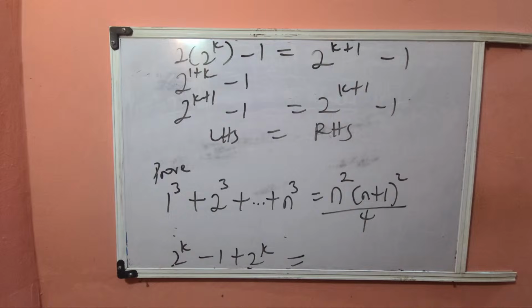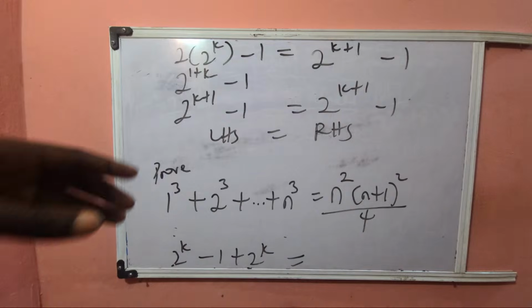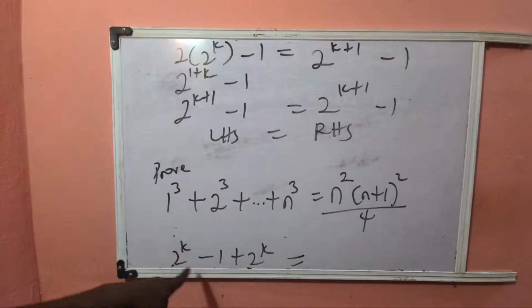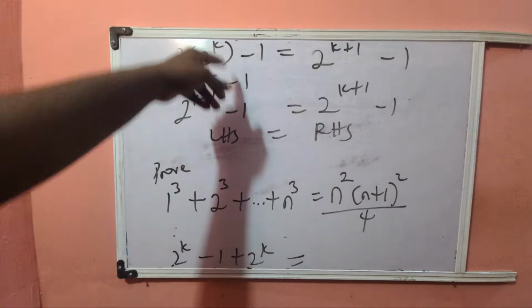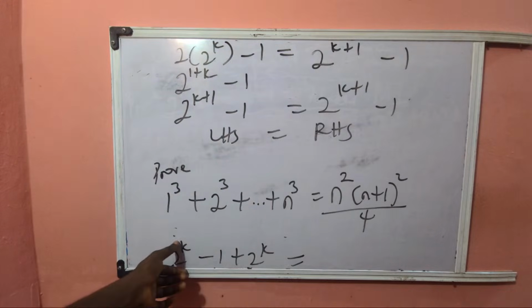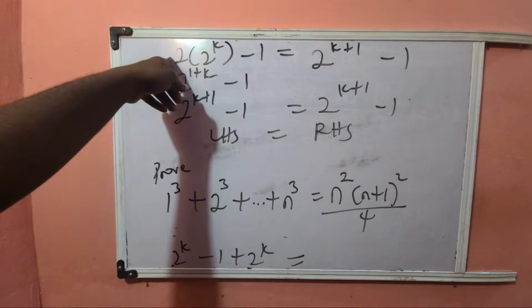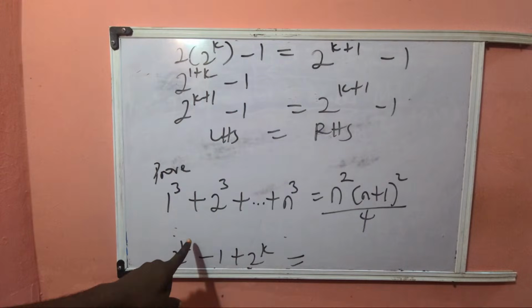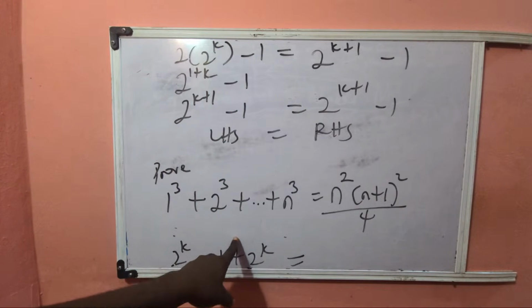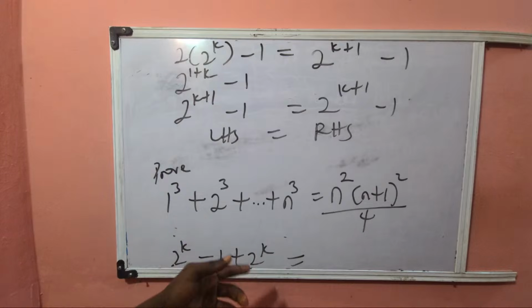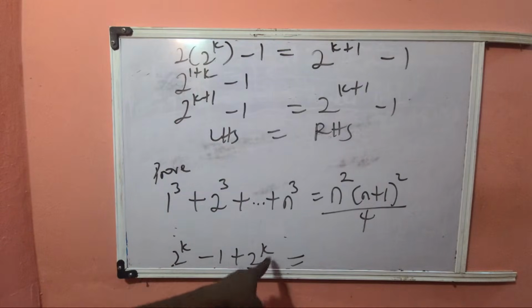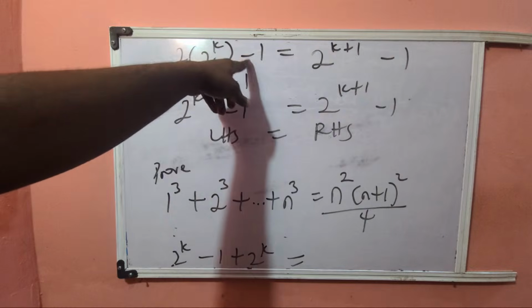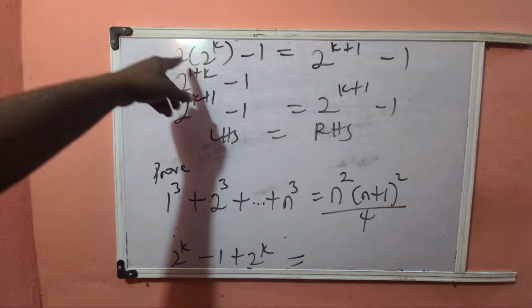what I was trying to say is, the person that was asking me about this particular thing, I said this was the same expression we had here. So 2 raised to power k plus 2 raised to power k is obviously 2 times 2 raised to power k, just like how x plus x is 2x. If I say what's x plus x, you say it's 2x. If I say what's y plus y, you would say it's 2y. So when you have 2 times 2 raised to power k, you'll be having 2 raised to that minus 1, obviously. This is the minus 1 here. So 2 raised to power